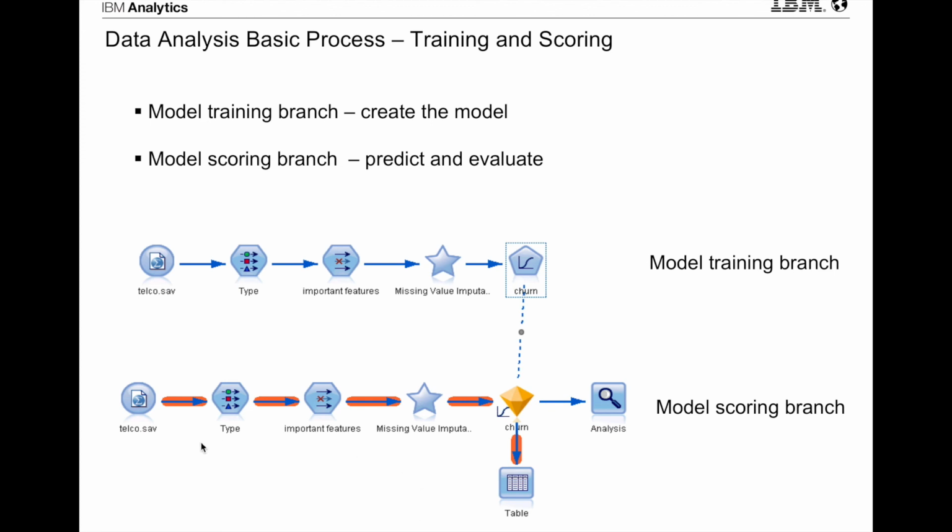The scoring branch is the same as the training branch. The only different point is the data. One is testing data and the other one is training data. After the same process, the testing data will do scoring with the model from the training branch. The result gives the predicted values and the model evaluation of this model. This is a simple use of the IBM SPSS Modeler application.